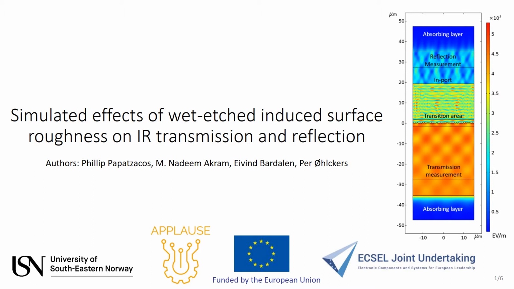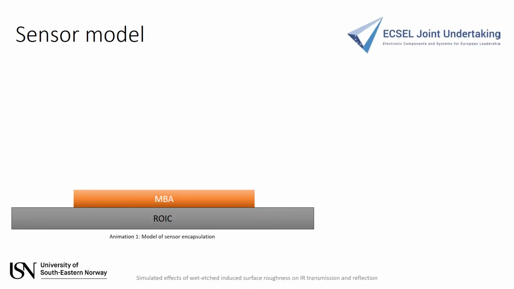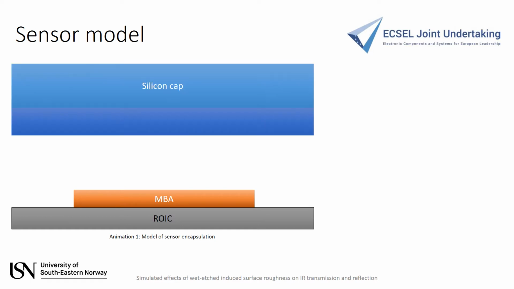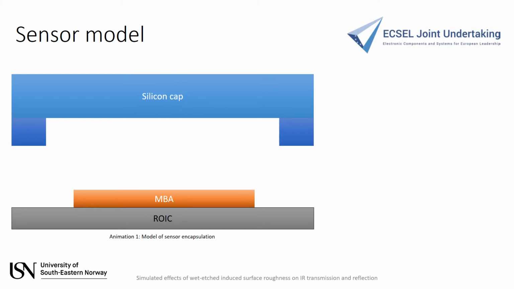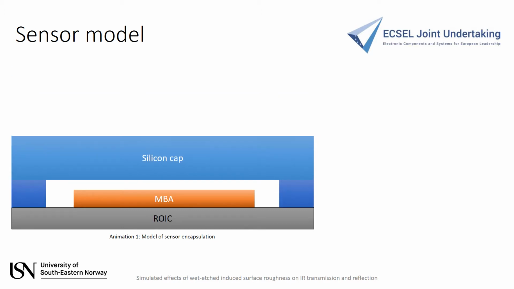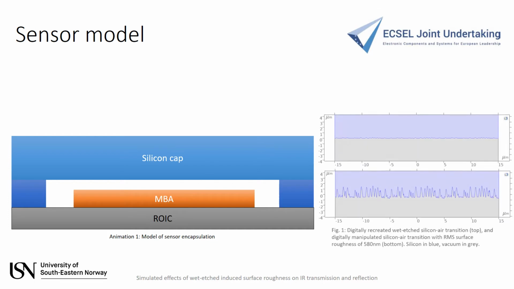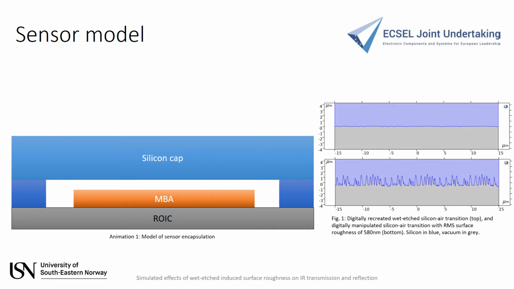Now, as we know, a thermal image sensor has been developed, but it requires vacuum to operate. So our idea was to take a silicon wafer, etch a cavity into it, and then hermetically seal it over our sensor. Unfortunately, etching silicon in real life, unlike in PowerPoint, does not leave a completely flat surface. And since we're going to send an image through this cap, we want to investigate what this surface roughness does